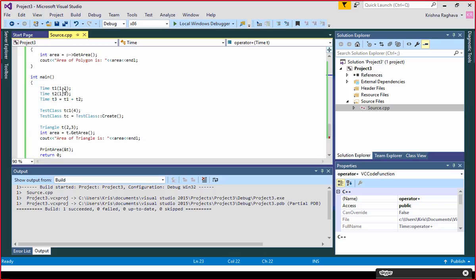So we define two times: 1 hour 2 minutes, and 3 hours 4 minutes. Say we'll do this. So what did I tell you? The equation tells there is an object called T1. So call a function plus on object T1 and input will be T2, and whatever is the return value, assign it to T3, right? So when this gets executed,